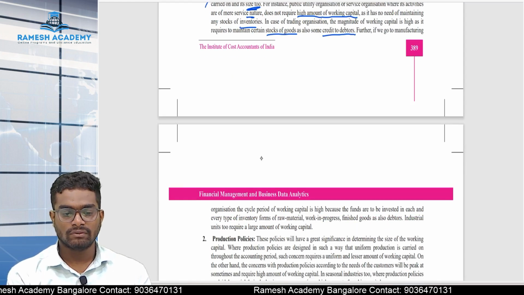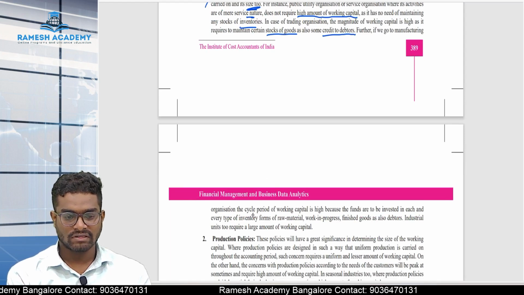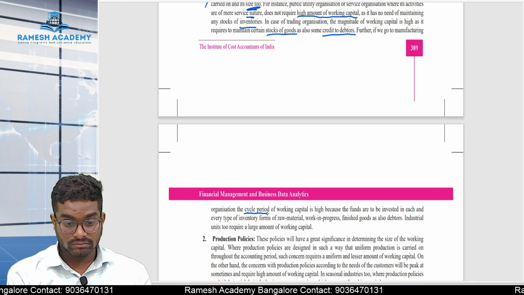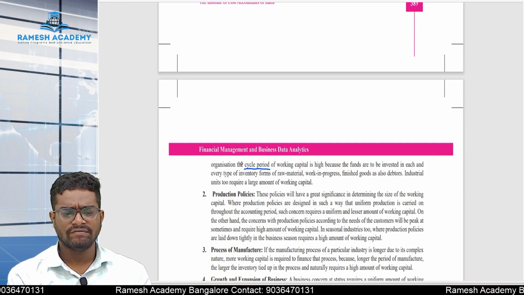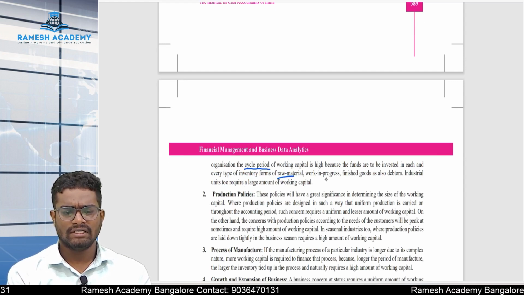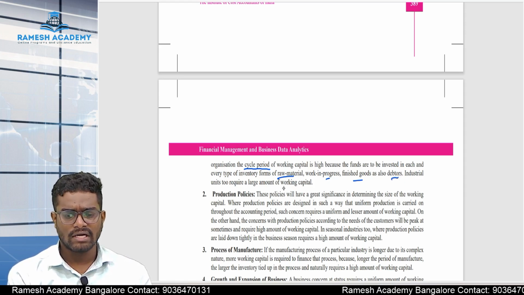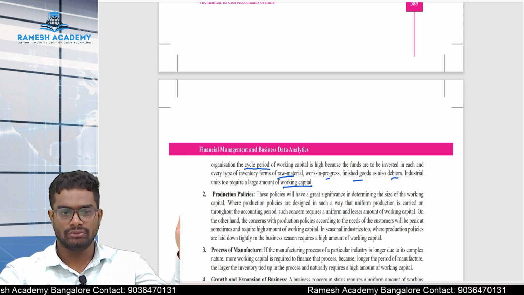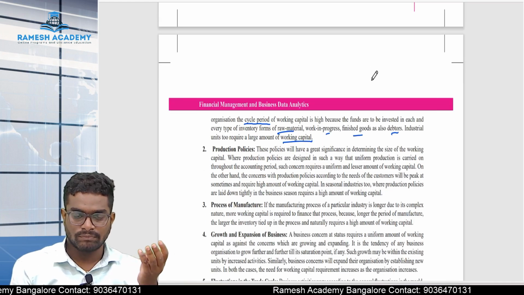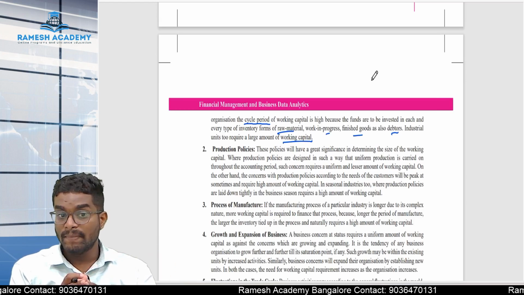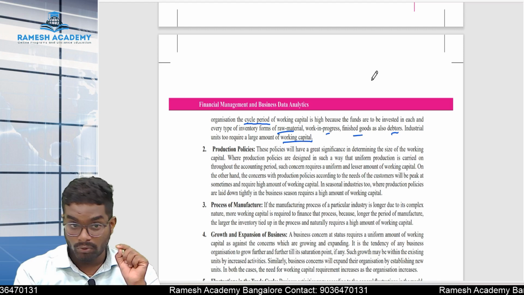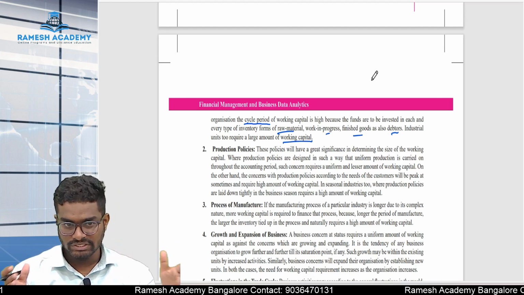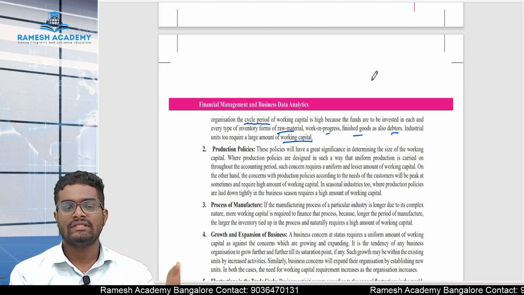Next, if we go to a manufacturing organization, the working capital is high because the funds are invested in each and every form of inventory: raw material, work in progress, finished goods, and also debtors. Industrial units require a large amount of working capital because the process is huge. If you take a car manufacturing or automobile company, the manufacturing line is very huge. They require everything from the bolts and nuts to the whole body, the engine, the tires,